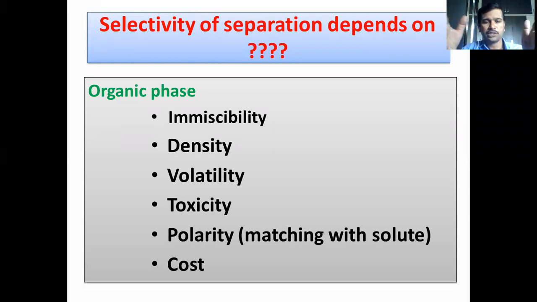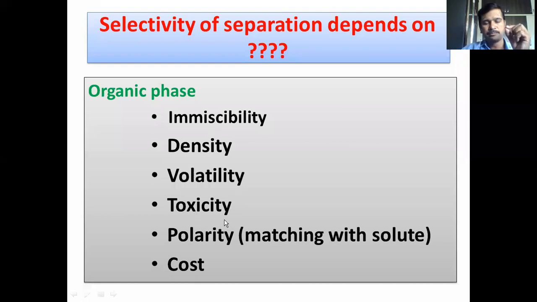The analyte may lose its original property. Say, for example, if you have extracted a compound into diethyl ether or any other solvent, and you have heated the content to 100 degrees Celsius, at 100 degrees Celsius the compound might have undergone thermal degradation. So we will lose the analyte. We will lose the property of the analyte. That's why we will prefer a more volatile solvent.